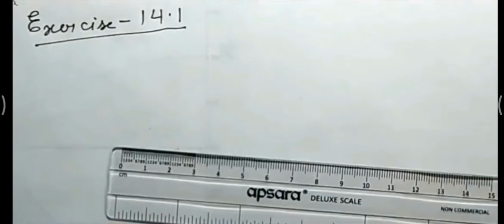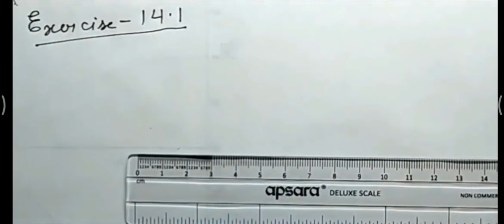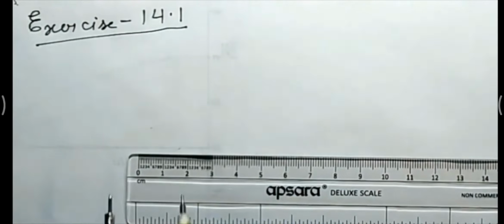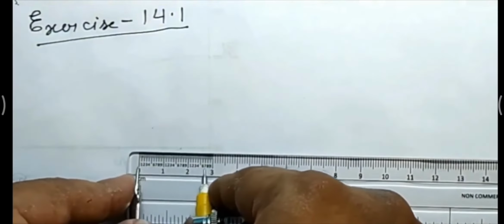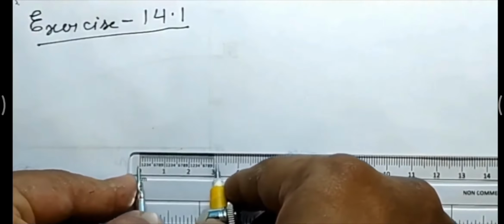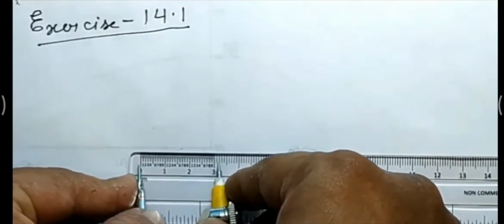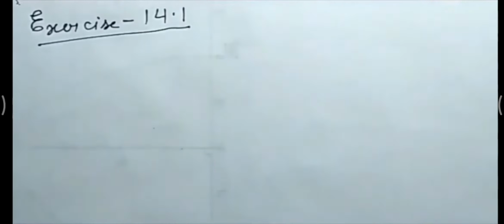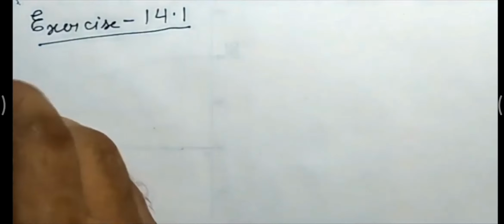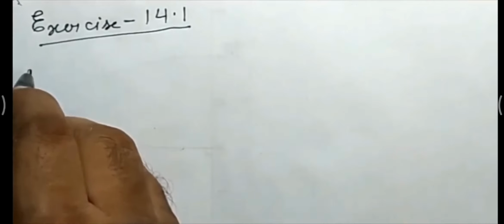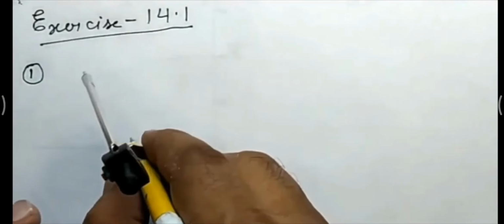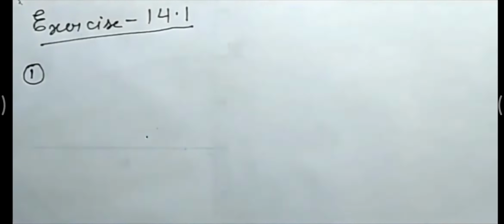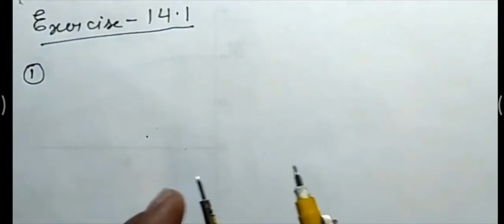This is question number 1. Here you are required to draw a circle of radius 3.2 centimeter. First of all, in the compass you will take 3.2 centimeter radius. So here I have taken 3.2 centimeter. Then after taking 3.2 centimeter in your compass, you will mark a center first on the paper, and then you will